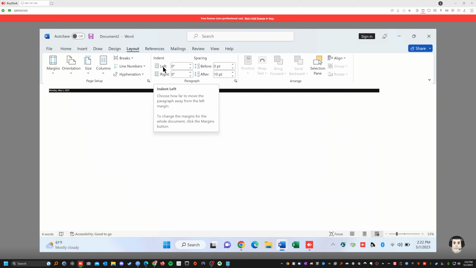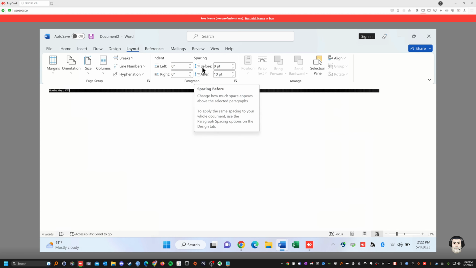Indent, that's if you want to indent to the left or indent to the right on the paragraph. See the way you look at it here, see the line? It's to the left or the right. Okay, spacing, obviously between the 2 words. You could increase or decrease the space. And this is after, if you want to redo how much space between up and down, before and after, right? Before and after space in the paragraph.